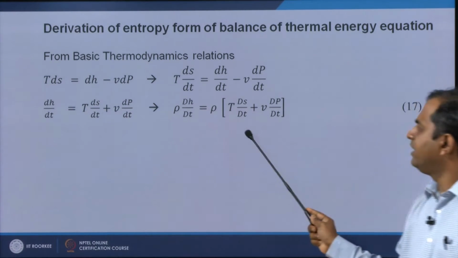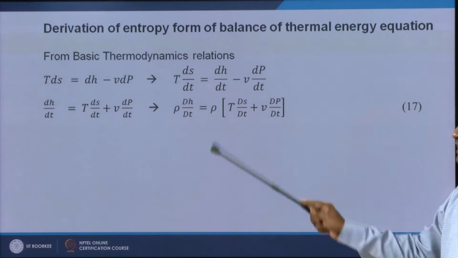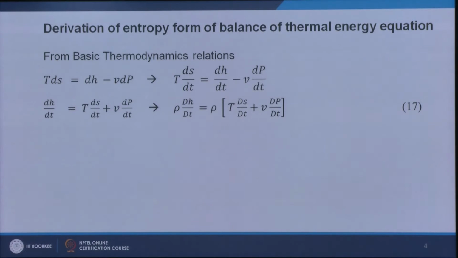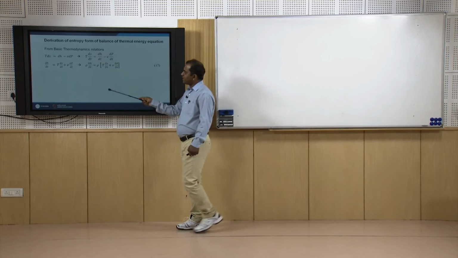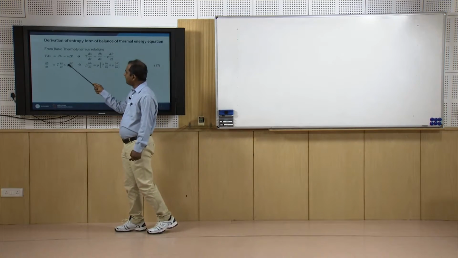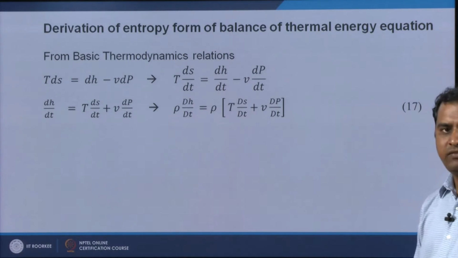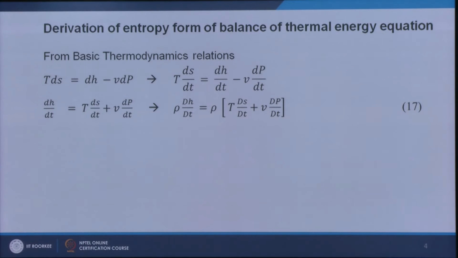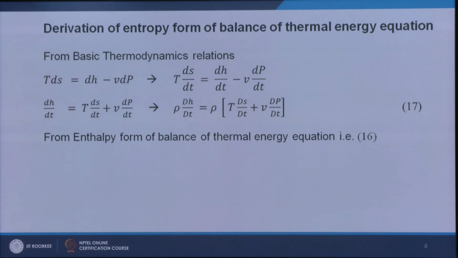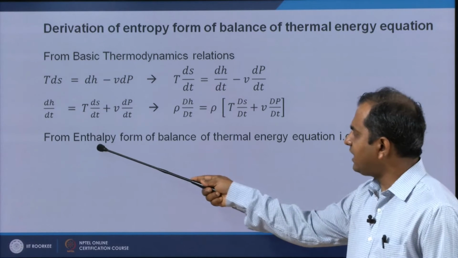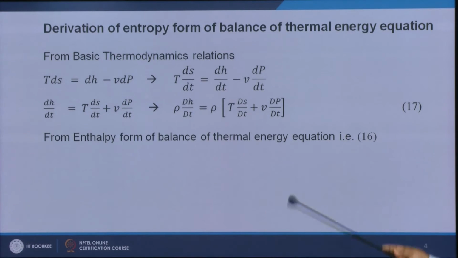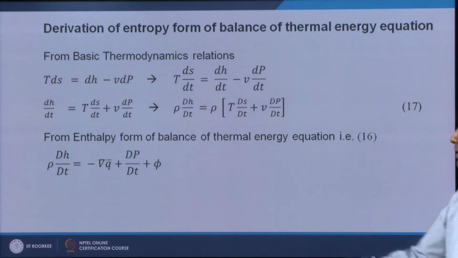So, you will be getting rho multiplied on both sides. Okay. So, the equation comes in this form. Here you see I have converted small d/dt to capital D/Dt, the total derivative, for some purpose I will be explaining later on. Next, from the enthalpy balance equation, whatever we have shown you in the last lecture, you can get that rho